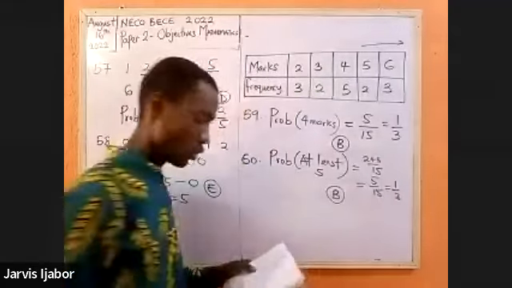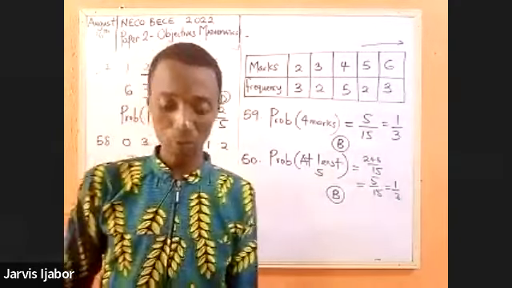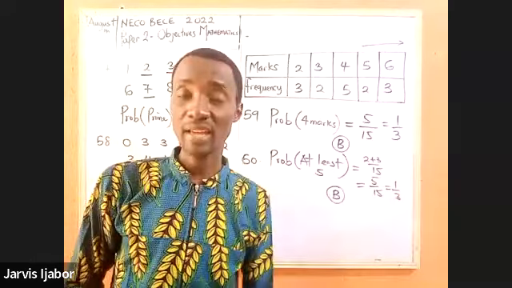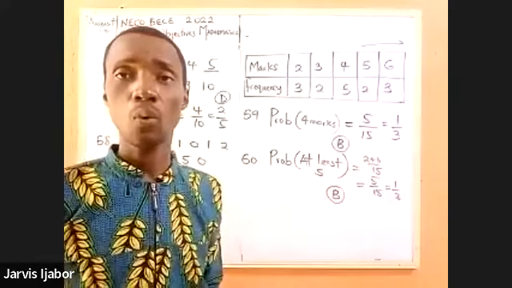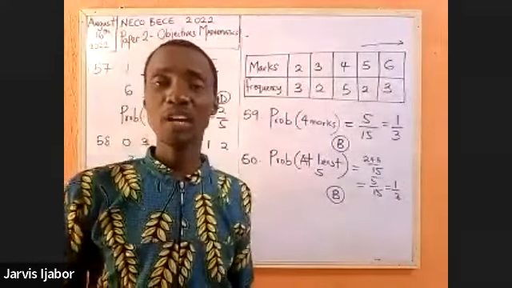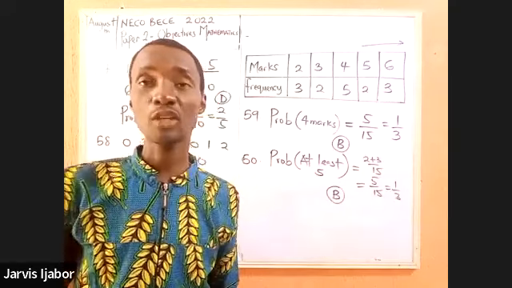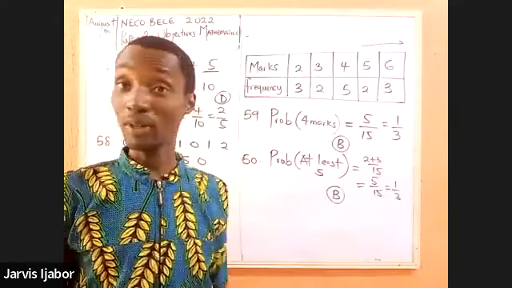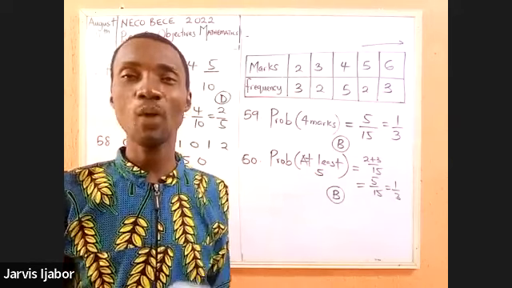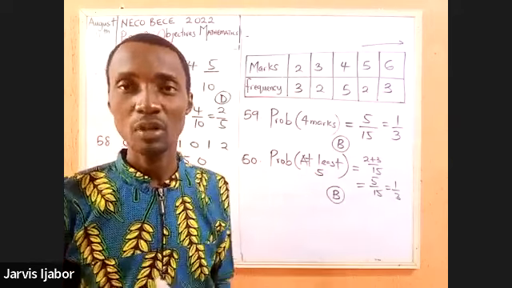B. So with that, we've been able to clear paper 2 of the exam. What we'll do after now is to check through everything you've done, calculate what you have scored, and then see how well you have performed. All right, so